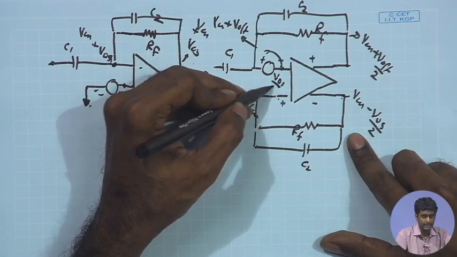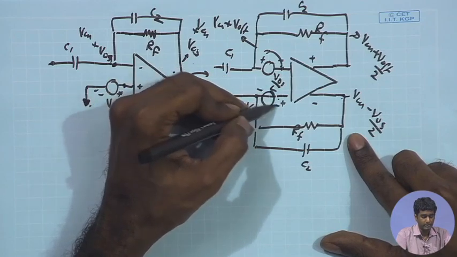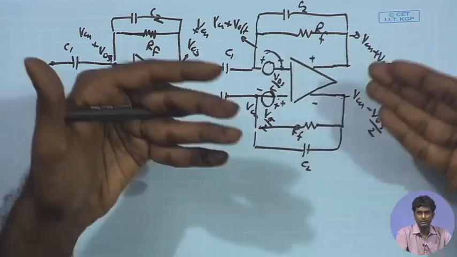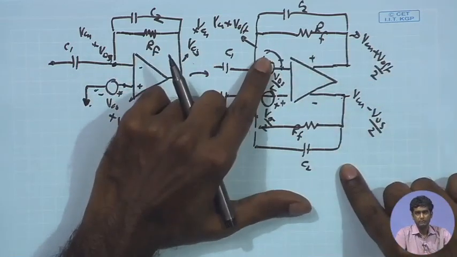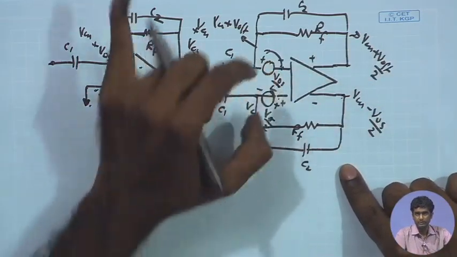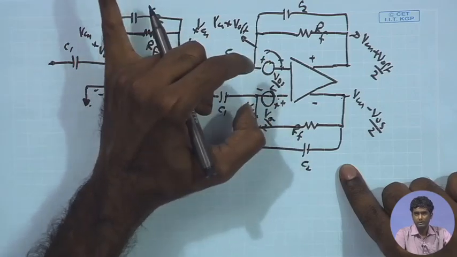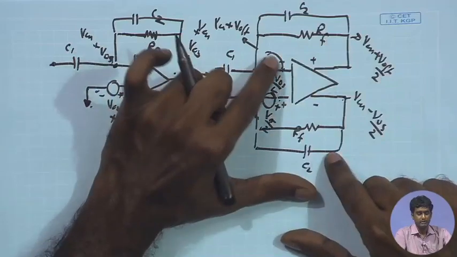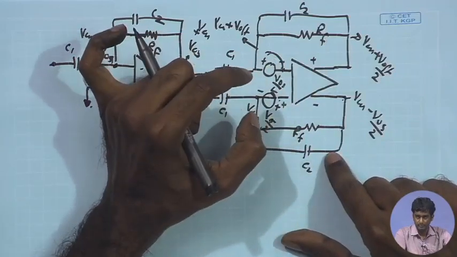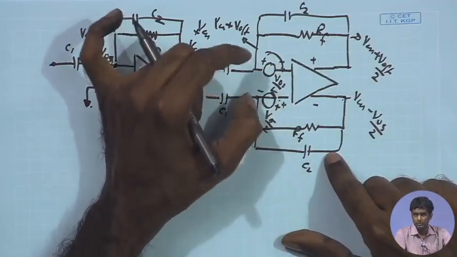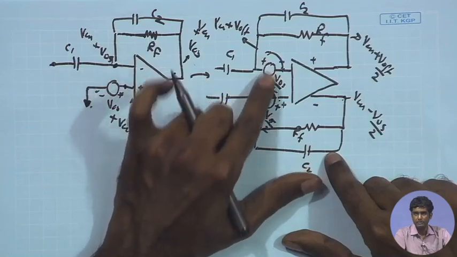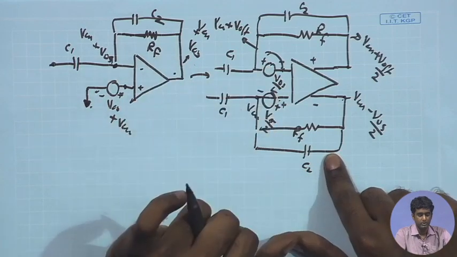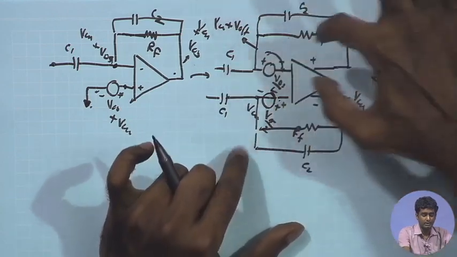So, I can model this as V offset by 2 over here and minus V offset by 2 over here. This is just a way of modeling, because I can represent the offset as a V offset by 2 over here as well. So, effectively the differential offset between the two terminals remains the same. If I look at the open loop amplifier's behavior, the effective difference between the two terminals remains the same, which is equal to plus V offset by 2 minus minus V offset by 2, and under that condition